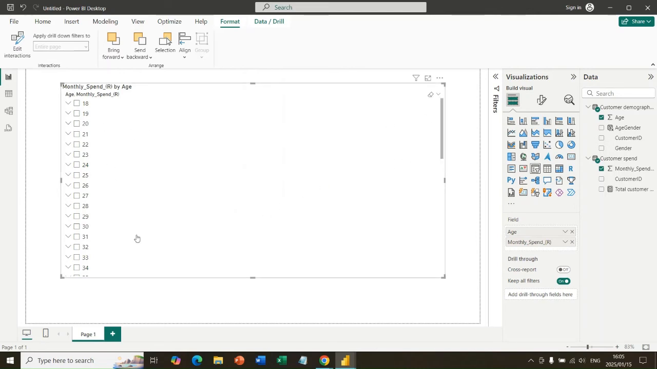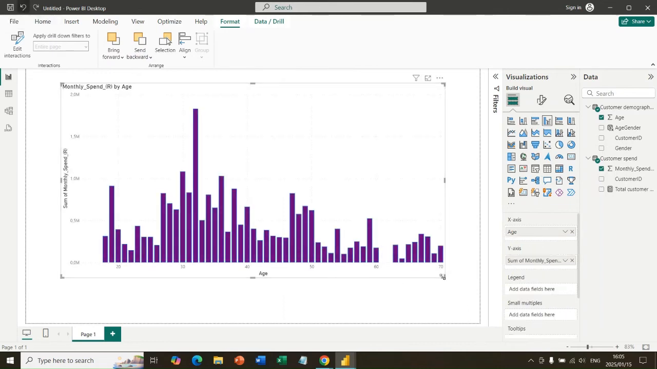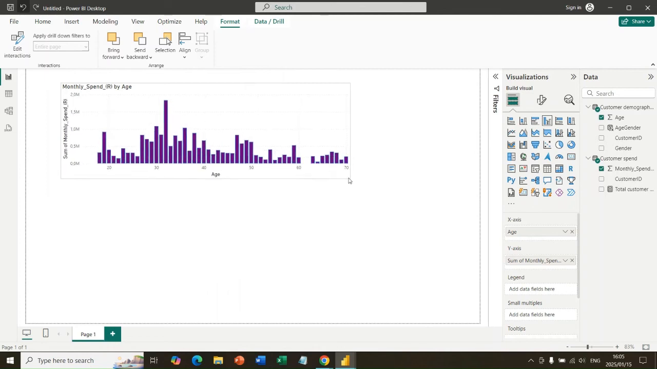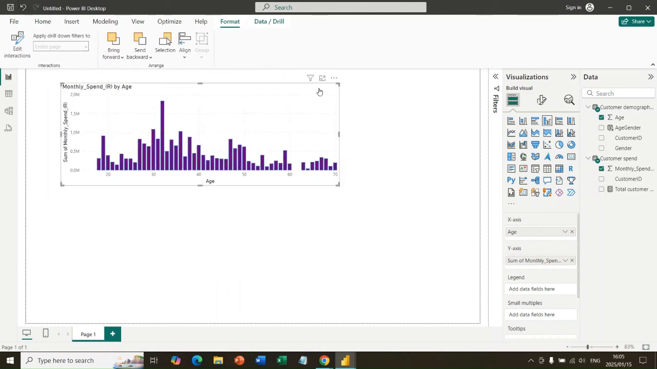So what has happened here, we've changed our visualization. Once I've clicked on slicer, it changed. But what we want to do is keep them both. Let's just go back. I'm going to make this one smaller, similar to